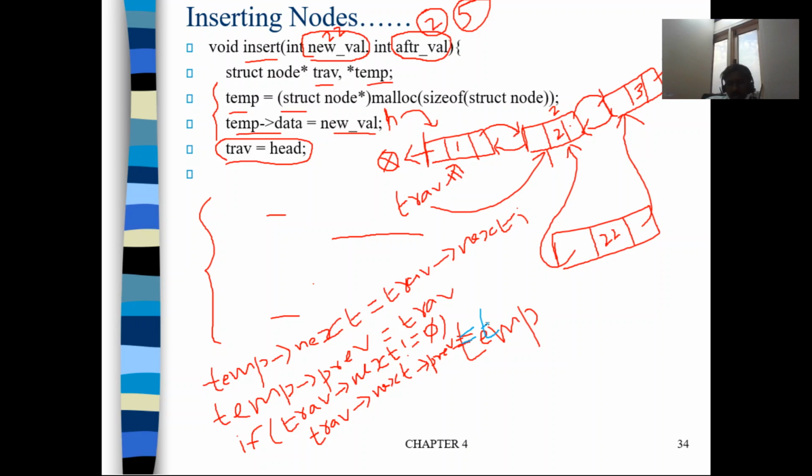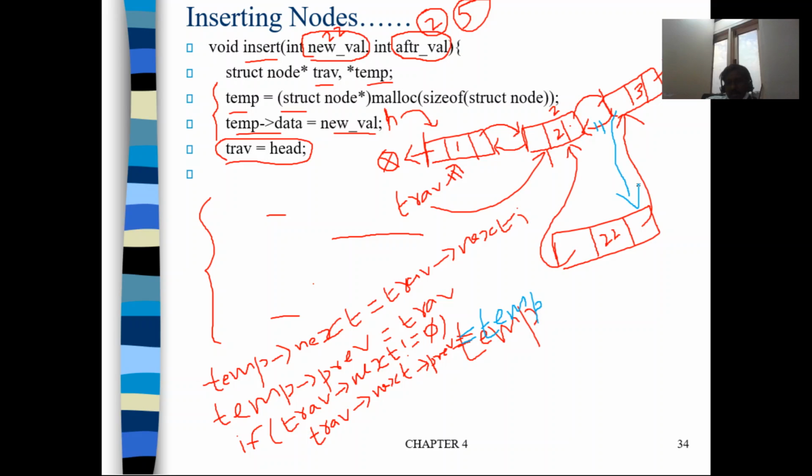This is what you have to write here. When you do this, this connection is established. Previously, node 3's previous was pointing to traverse. Now we are breaking this connection and making it point to temp.